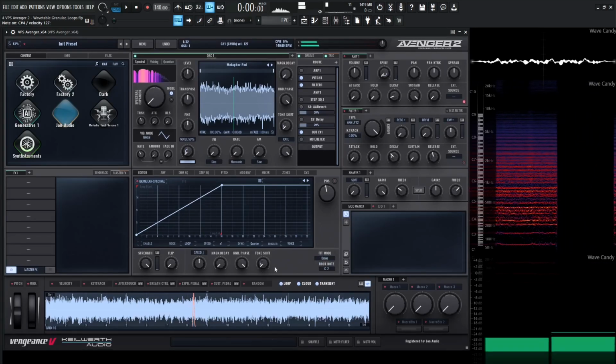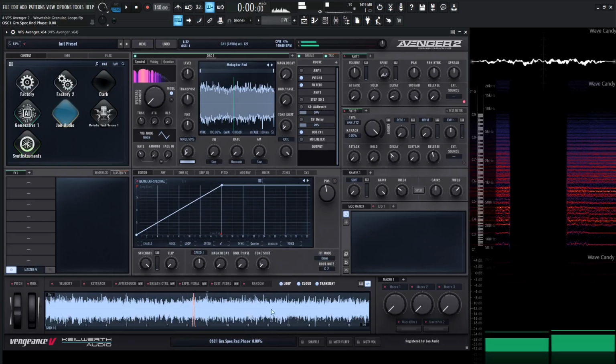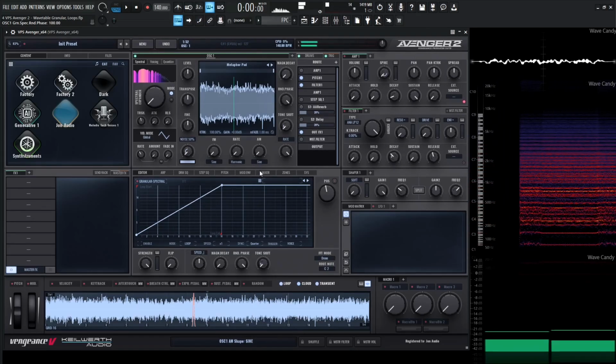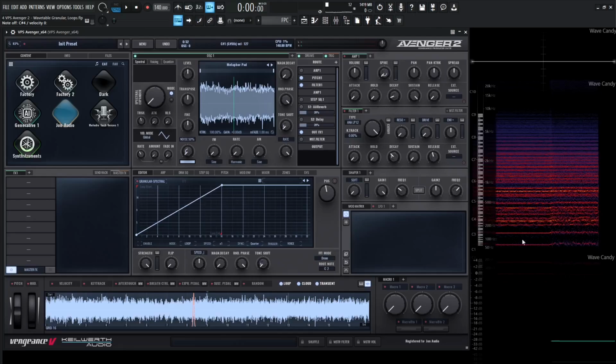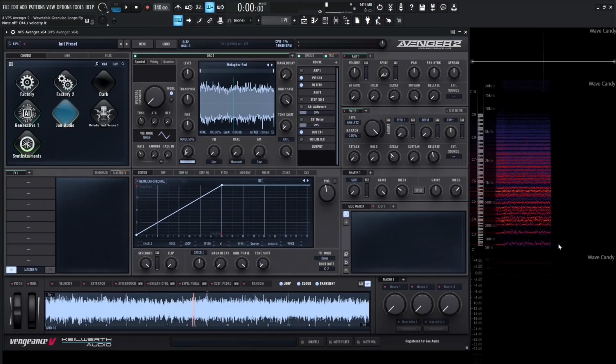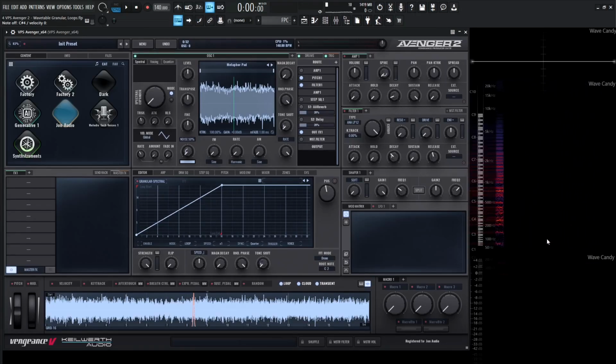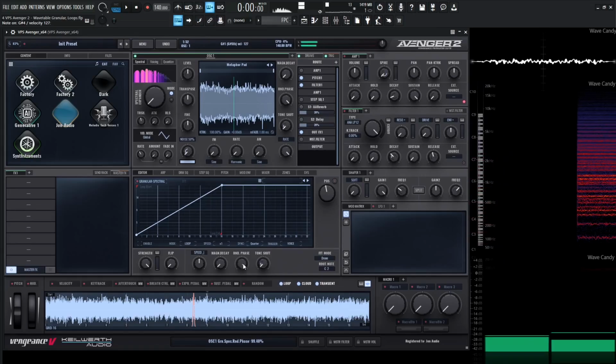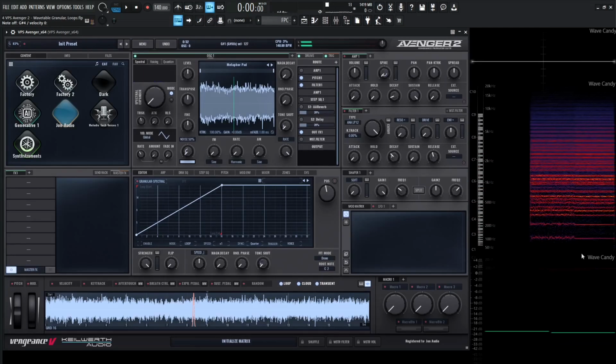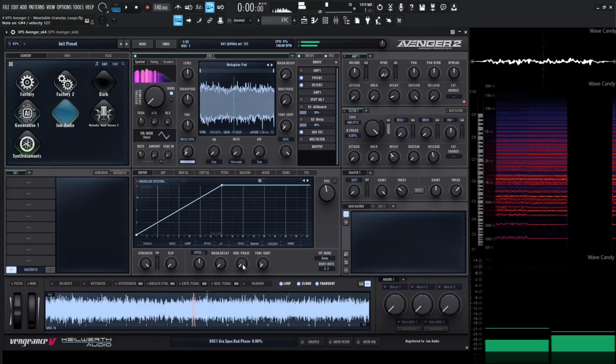So let's take a look at drone. And we can even see here on the spectrum how different it is, how it kind of makes things a little bit more, I guess, smooth or cloudy. See how straight these lines are here? And once we turn this,